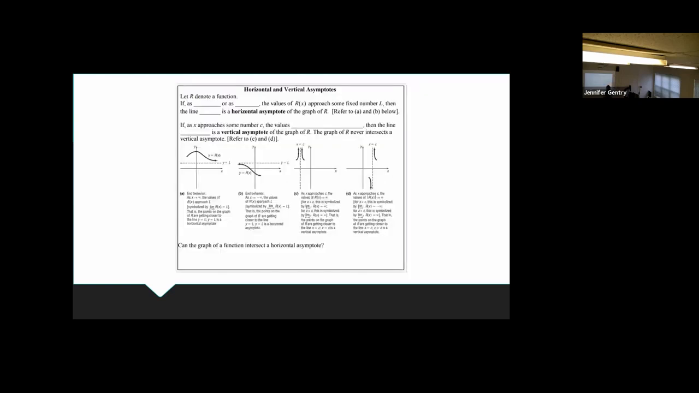So let R denote a function. If, as x approaches negative infinity, or as x approaches positive infinity, so as we are going out,